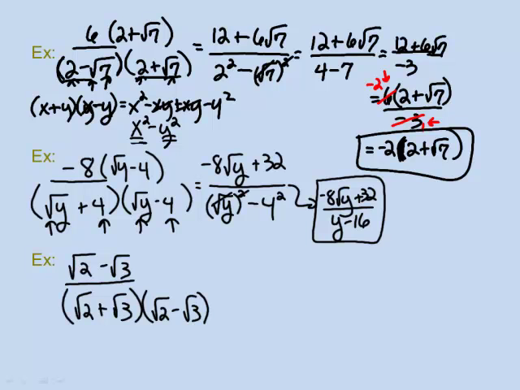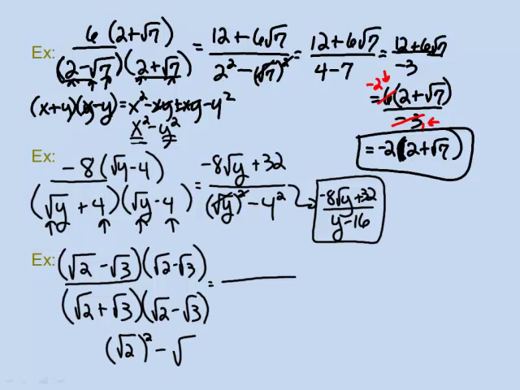Up in the numerator, because there's more than a single term up here as well, you want to put parentheses up there as well, because you now have a FOIL problem in your numerator as well. Now in our denominator, we can use that shortcut step because this is a denominator multiplied by its conjugate. So we can take that first term and square it and subtract off that second term squared,